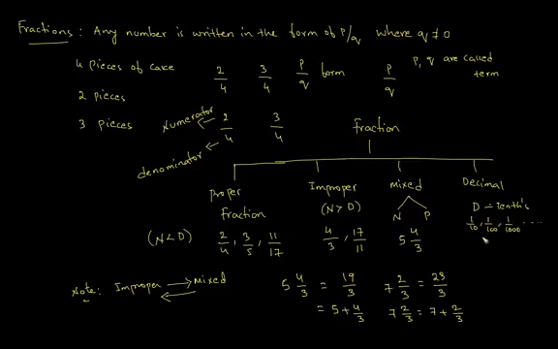If it is in this shape, for example 7 by 10, 25 by 100, then these fractions are called decimal fractions. Understood? Clear? Now we see some mixed fractions, additions of mixed fractions, how you need to add the mixed